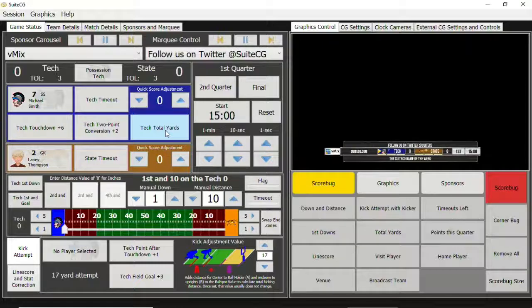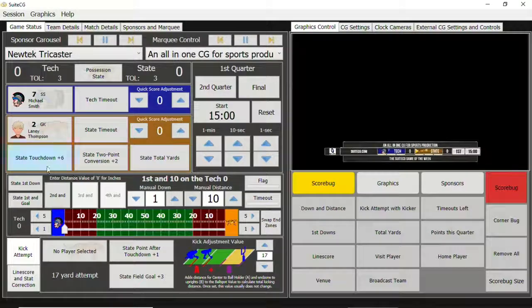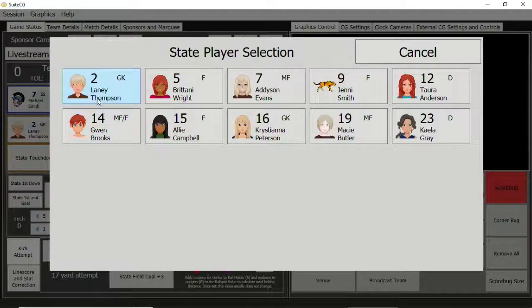Points like safeties are performed with the quick adjustment controls. Let's give the home team a touchdown. We can assign points in the quick score adjustment, but all that does is add points to the team one at a time. On the other hand, the touchdown button will assign 6 points to the team, but it will